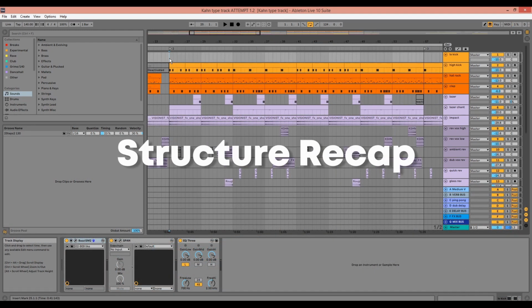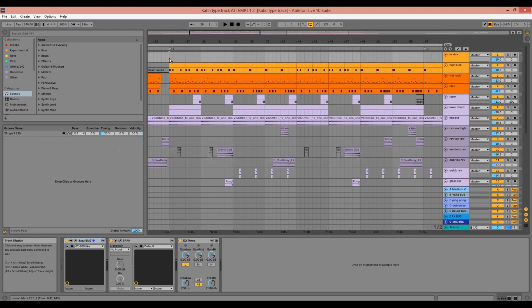Before I move on to the breakdown, I just wanted to remind you of the structure of the drops, as I'll reference parts of it throughout. So this is the first drop. In the drops, I'm using A and B sections, which are 8 bars long and which repeat twice per 32 bar drop. So that's A